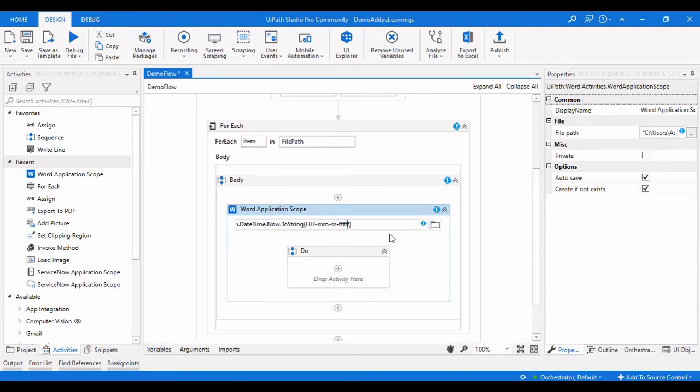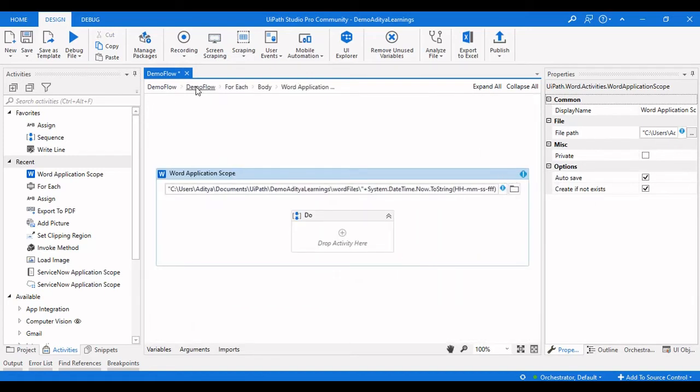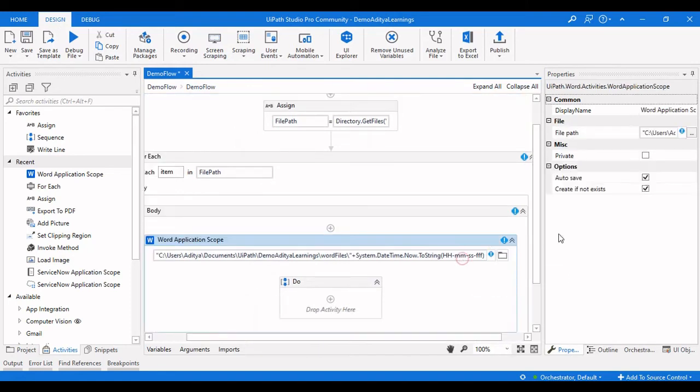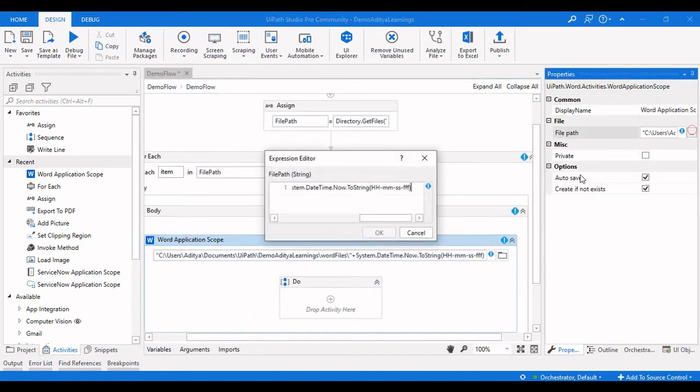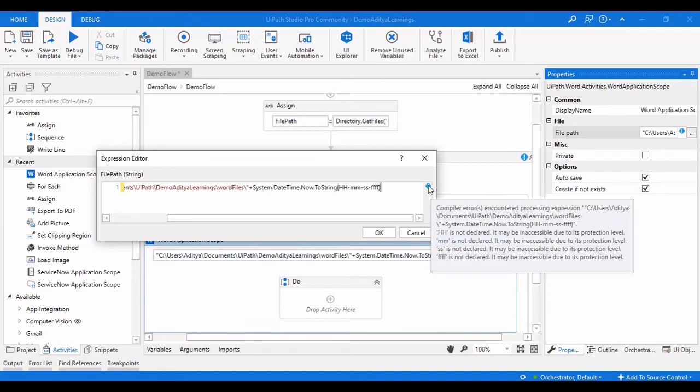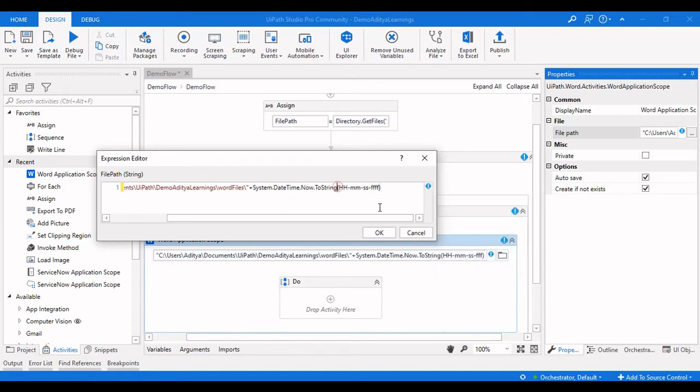Maybe inaccessible. So I need to give that in double quotes, right? Just don't forget mentioning it as a string.